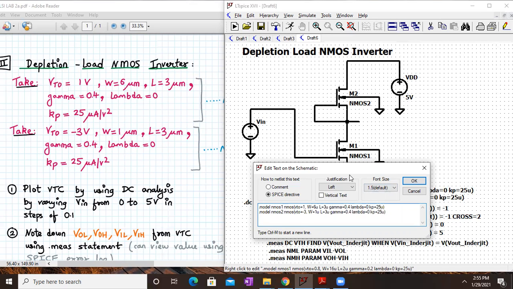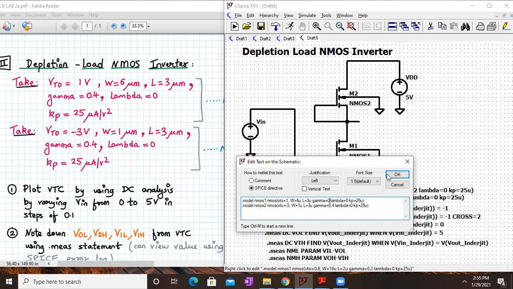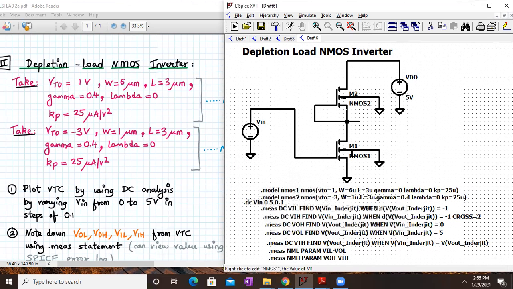I think for NMOS 1, it should be 0. I think by mistake I've written over here as 0.1. You check out in your write-up what's the value given. Okay, I'm sure that the gamma for the lower NMOS driver should be 0. Whereas for the upper load, again it is a non-zero substrate bias. The source terminal and the body terminal of the upper transistor are not equal to 0.